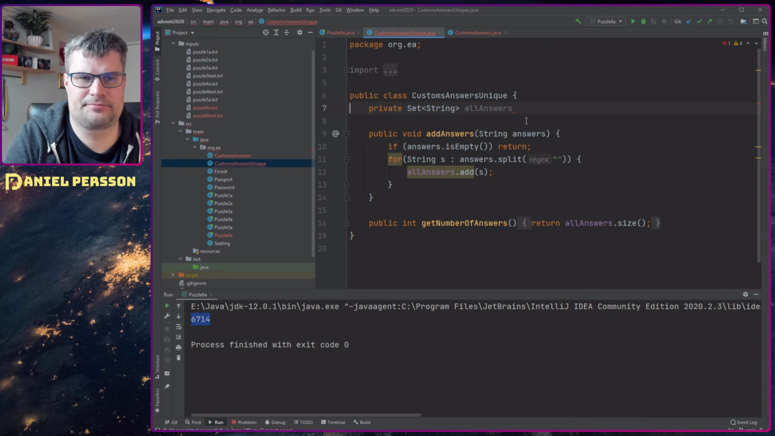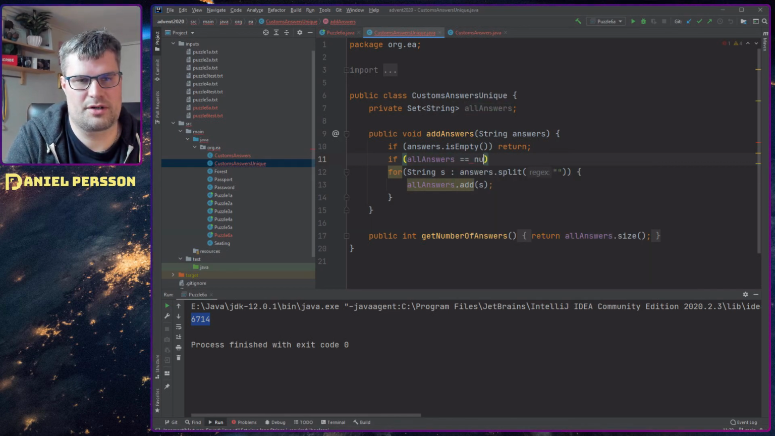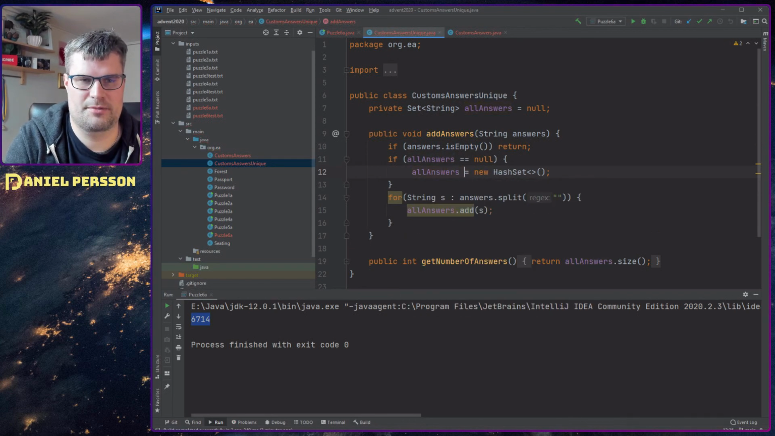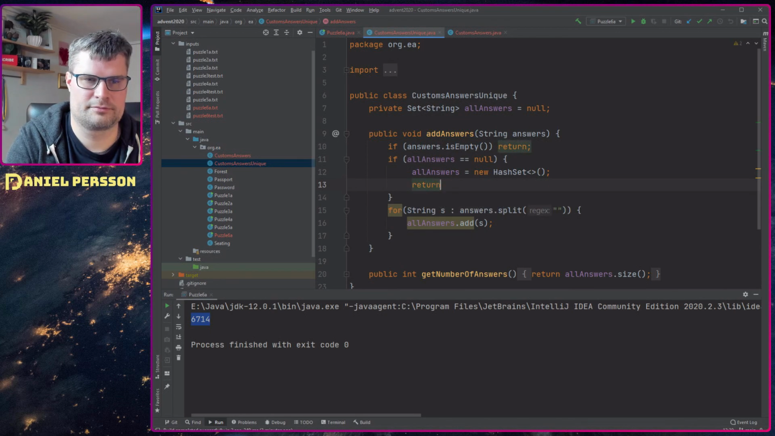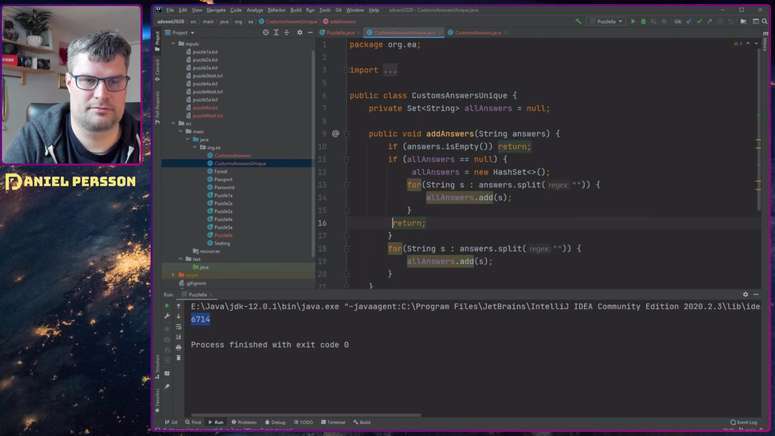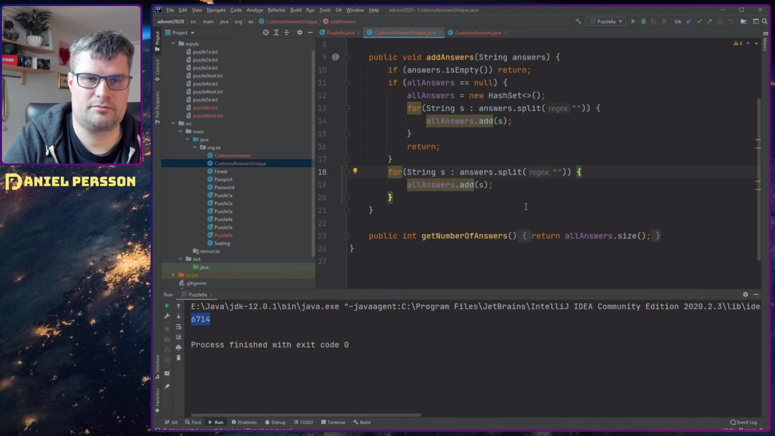And so I think we can do it like this, that we initialize it here if the all answers is equal to null. So now it's not set. Then we will create all answers here and return. And in this case, we will just add all these to the set. Not sure if we need a set or if we need a list here. Let's see here. Switch this up. It doesn't really matter, right? So here we will